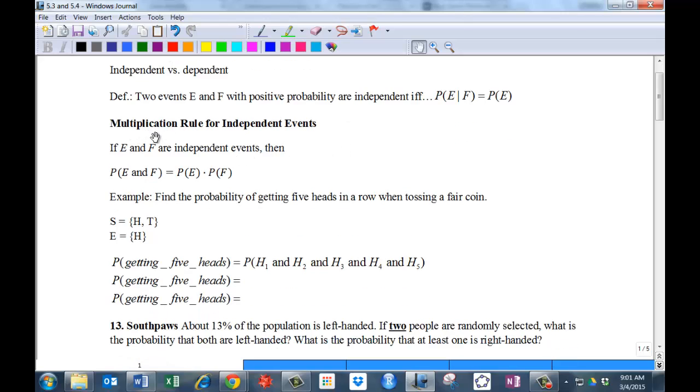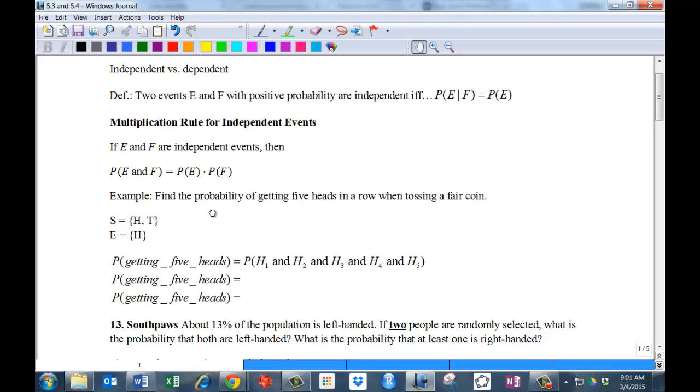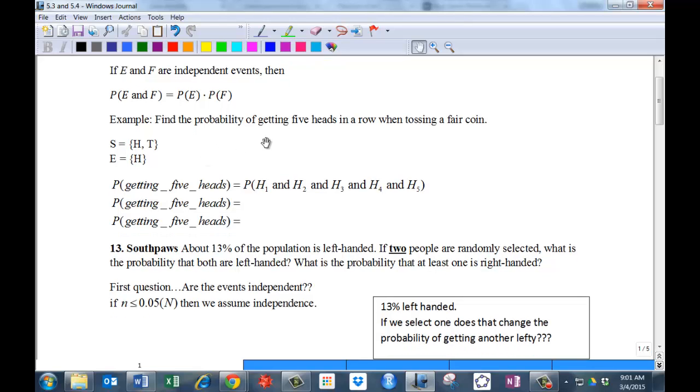we have what's called the multiplication rule for independent events. And so the probability of E and F essentially becomes the product of the two probabilities. So let's take a very simple example here. Find the probability of getting 5 heads in a row when tossing a fair coin. So again, the sample space is heads or tails. The event E is the probability of heads. And so we want to know the probability of getting heads on the first toss, on the second toss, third toss. And so this is essentially going to be, since they're all independent,